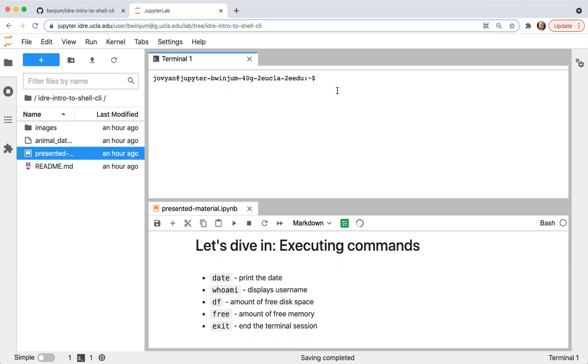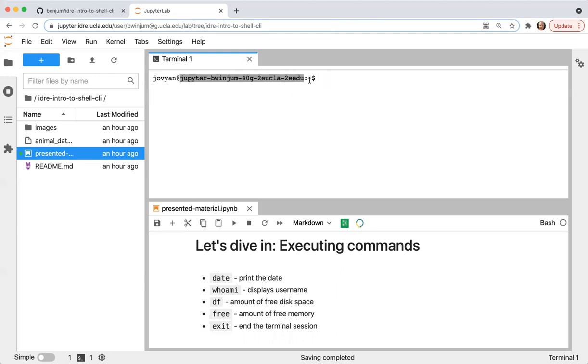I'll come back up to the terminal and click in the window. Now this cursor is blinking, so we're at the command prompt. There are a couple of things to note here. One is this kind of bizarre name, Jovian, and then an @ symbol, and then this long thing.